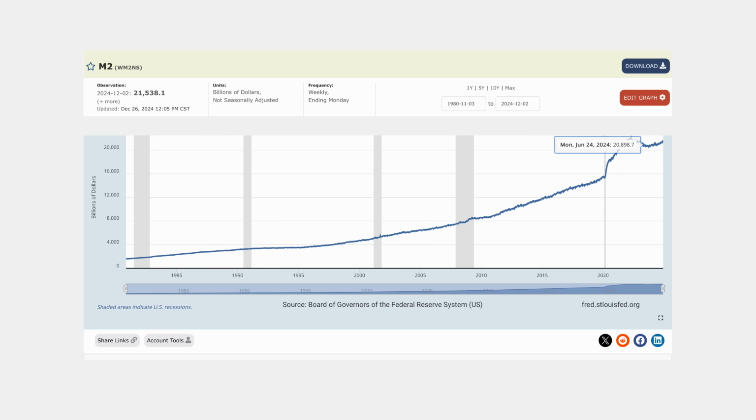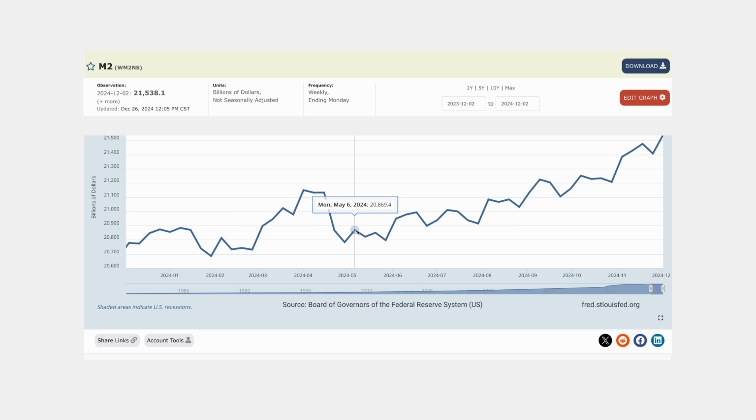This is a chart of the M2 money supply going back all the way to 1980, and you can see the big bump from money printing in 2020, and you can see where it topped out. The Fed started to tighten and decrease the money supply, and then it bottomed and has been headed higher from there. Zooming in on just the last year, we can see that the money supply has been steadily increasing, and